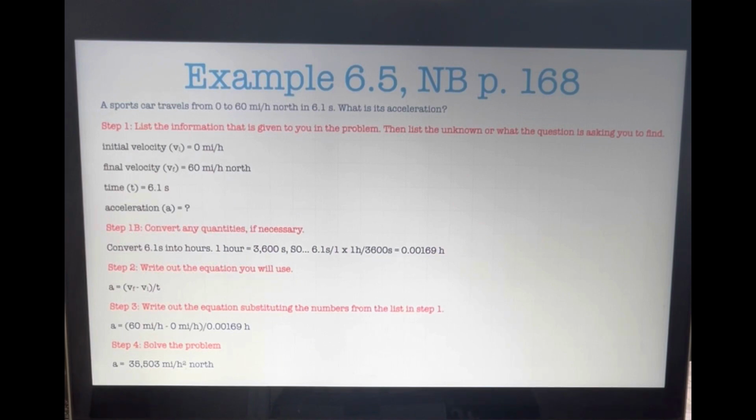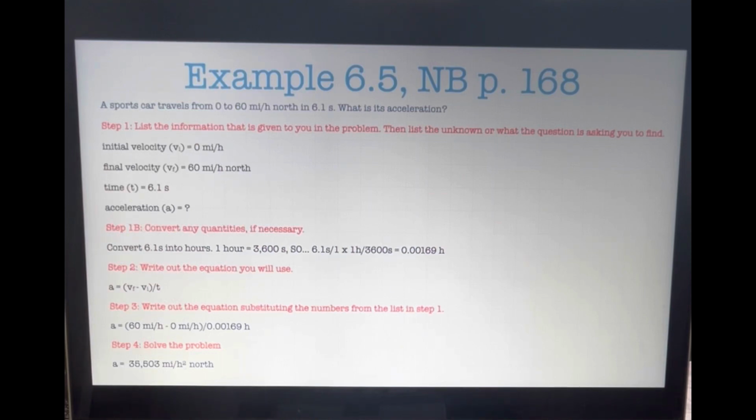When looking at a physics problem, you must follow the steps for solving problems. 1. First, write down your knowns, the values given in the problem, and the unknown, what the question is asking you to find. And remember to include units. I would also like to add, sometimes a picture is very helpful. Step 2, check to make sure all the units agree. If they don't, you'll need to convert some units into the other for agreement. Step 3, next you need to figure out the equation that you're going to use. Step 4, determine where the values you listed in step 1 fit into the equation and write the equation with the listed values. Step 5, finally, solve the